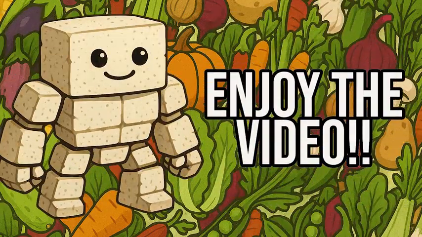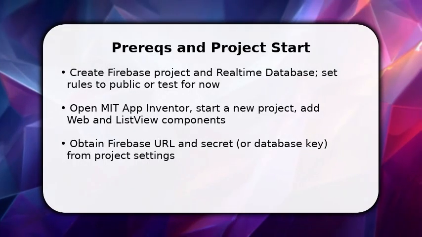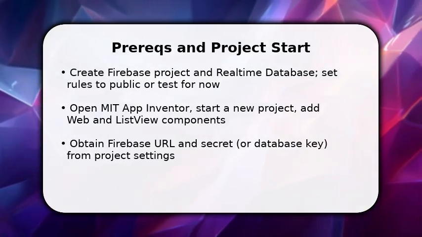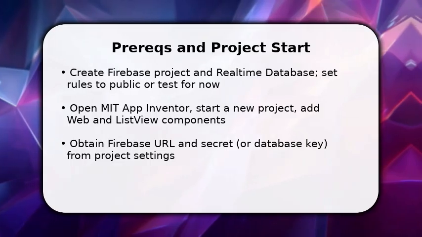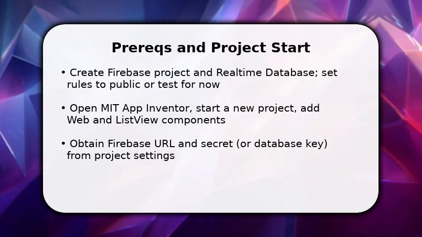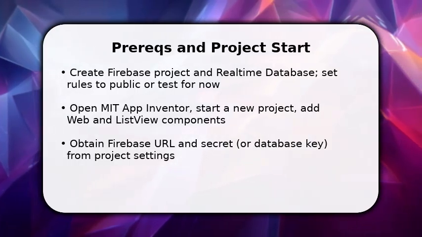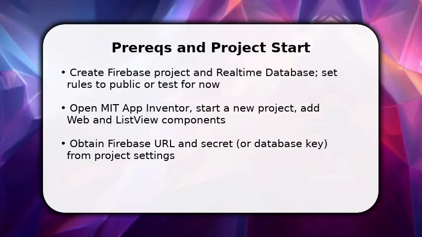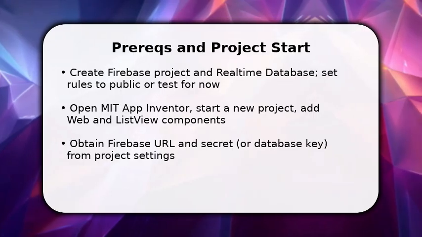Please enjoy the video. You'll start by confirming prerequisites: a Firebase real-time database, an App Inventor project, and the web component. First, copy your database URL and token. You need them to authenticate calls. Then, in App Inventor Designer, add a web component and a list view for results. Once done, set the web component's URL to your Firebase endpoint